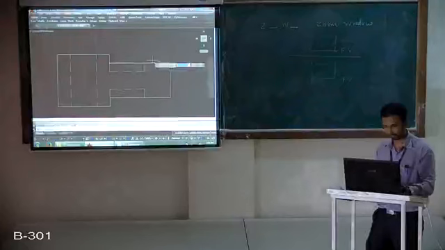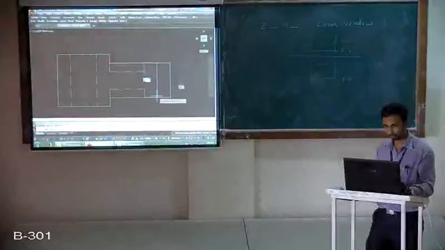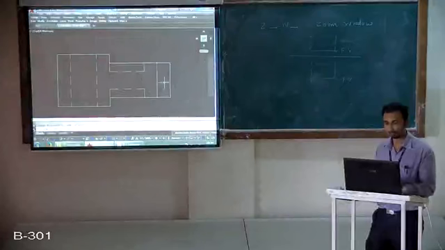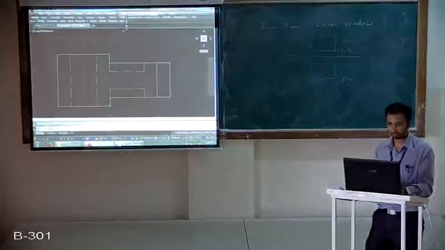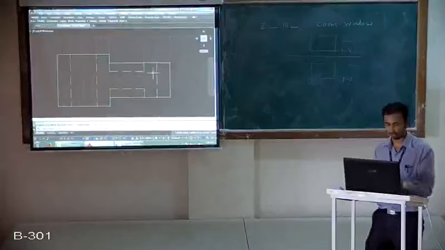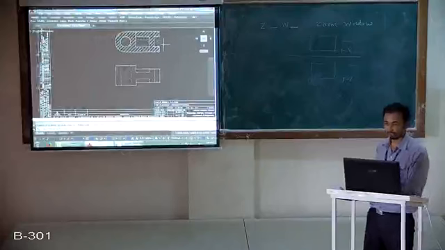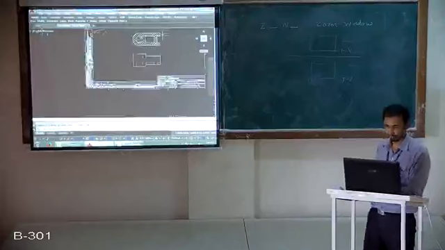So just go to the dimension toolbar, linear. First of all, specify the distance from the reference line. Linear, like this. Then to specify the radius, we have to use this command.